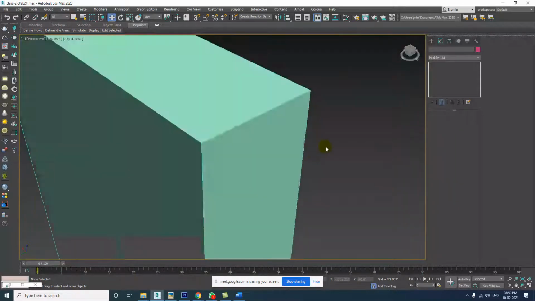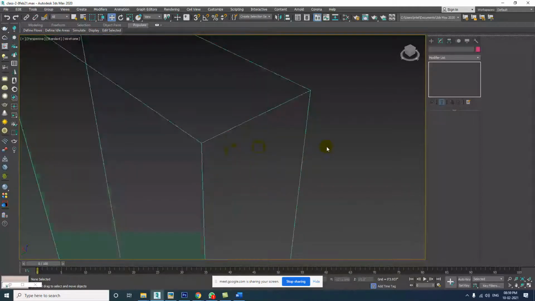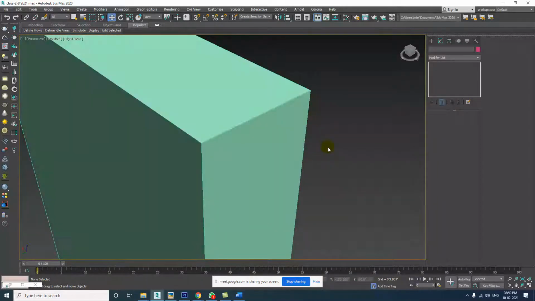See, F3 is just a toggle. Either you get the wireframe or you get the solid shape. But F4 is adding wireframe on top of your solid shape. That's what I'm trying to write over here.